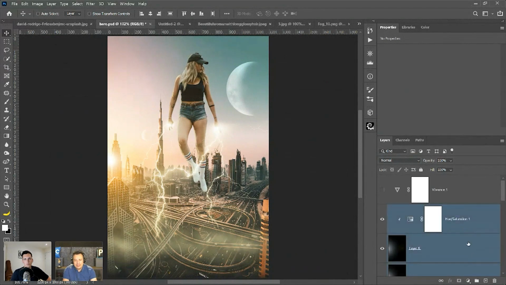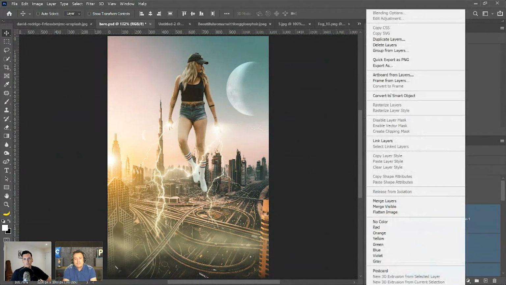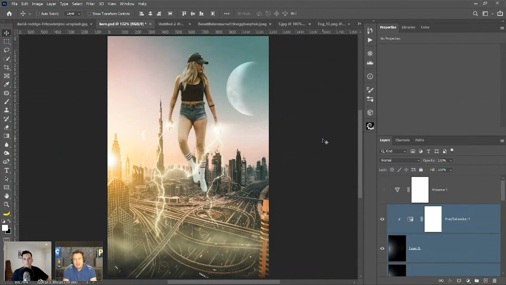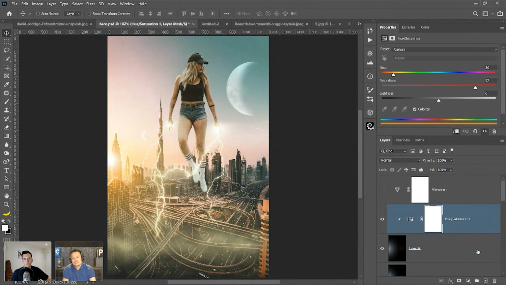And once you have all layers, and by the way, you can select all layers by clicking on the bottom one, holding shift, clicking on the top one, and while holding shift, then it'll select all the layers in between. And you can either convert it all into a smart object, and or if your computer is slower or you